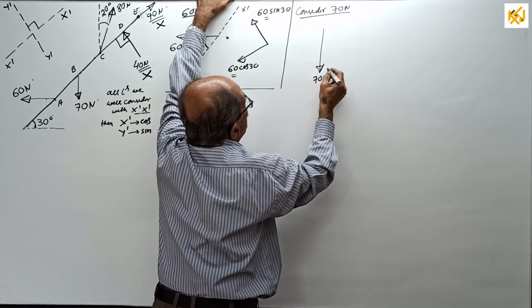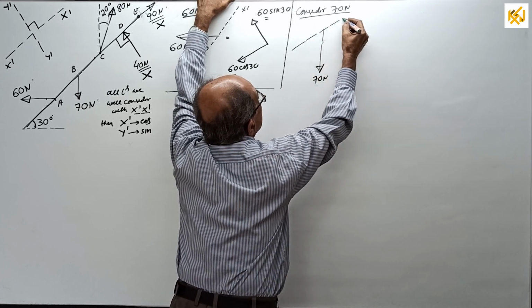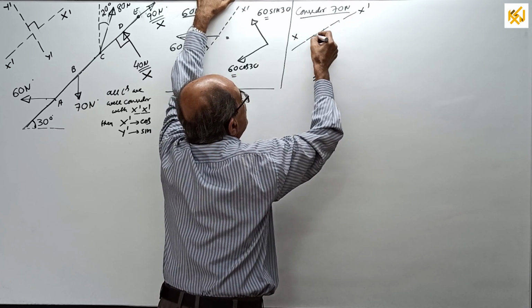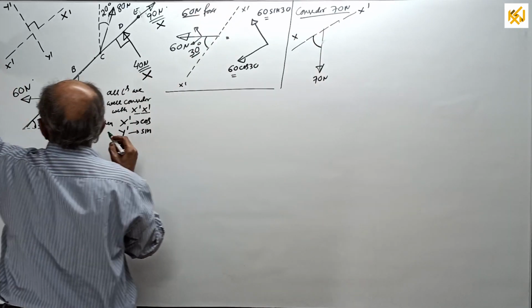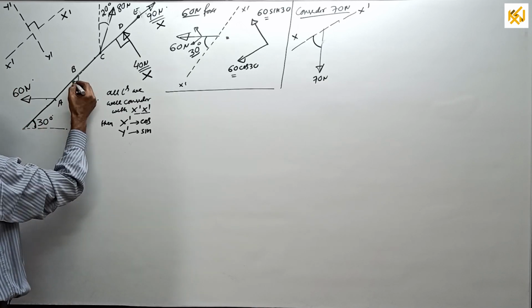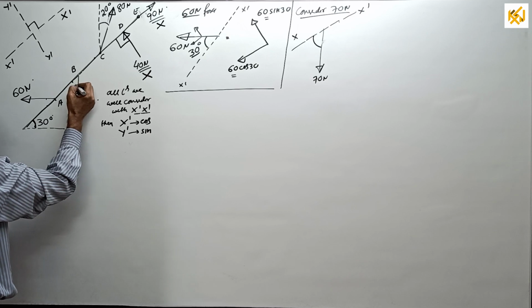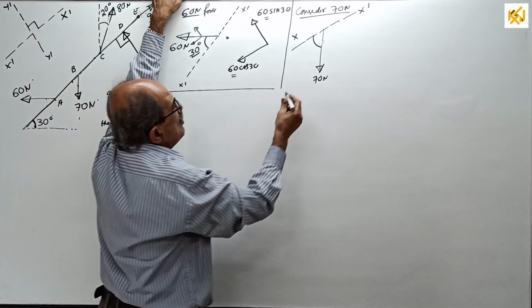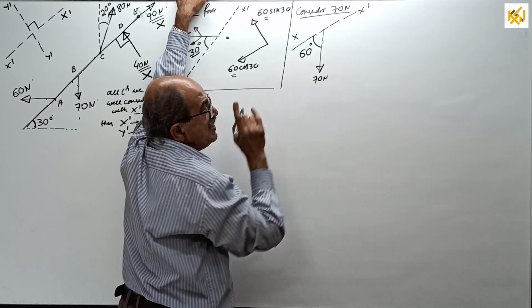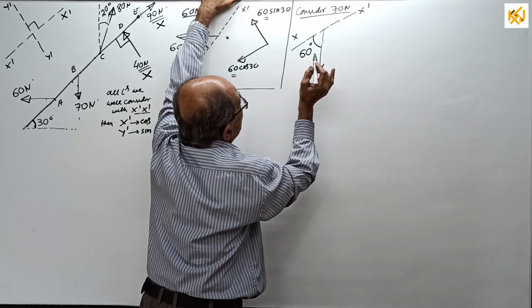70 Newton. But our reference line is here. This is x dash. So we want not this angle, this angle. See here correctly. If this is 30, directly you can tell this angle is 60 degrees. I don't have to explain further. That much minimum mathematical concept you should be having, 60. So now if you resolve, be careful.